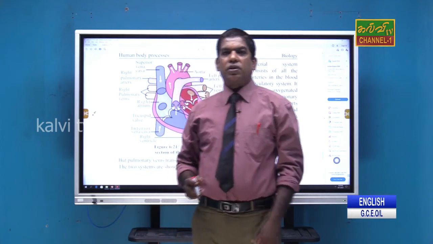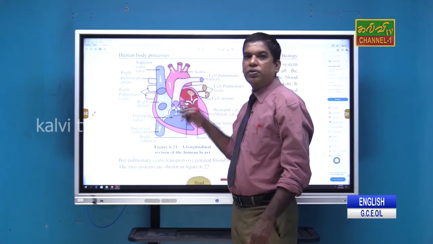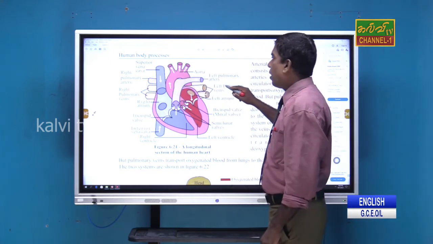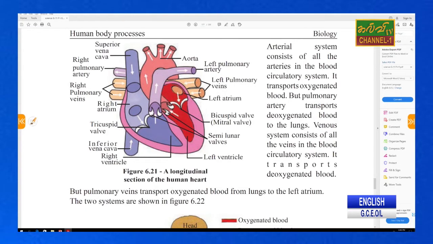Hi students, today we are going to study the continuous blood circulation, right? Here, see the screen, human body processes. We already studied this diagram, the superior vena cava and inferior vena cava and every part of the heart. Just note that the arterial system consists of all the arteries in the